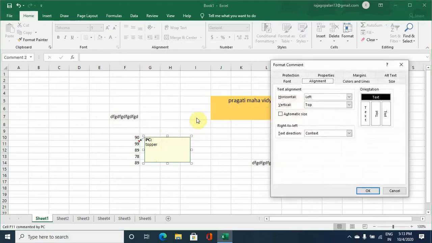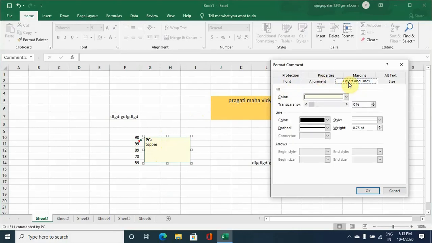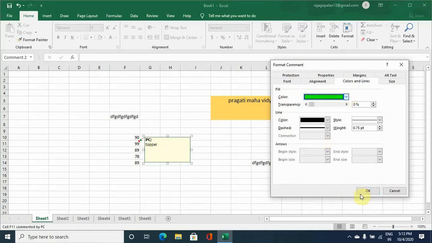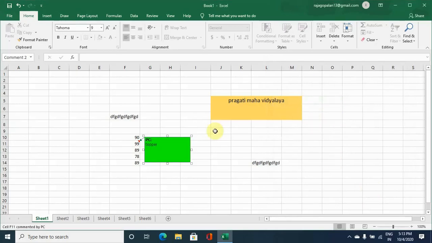Select the option. By selecting the option you can change the font, you can change alignment, you can change colors, like say this is the color what is available here. Now we will change it to green, press OK, then this is what is called changing format for the comment. So that is about comment.